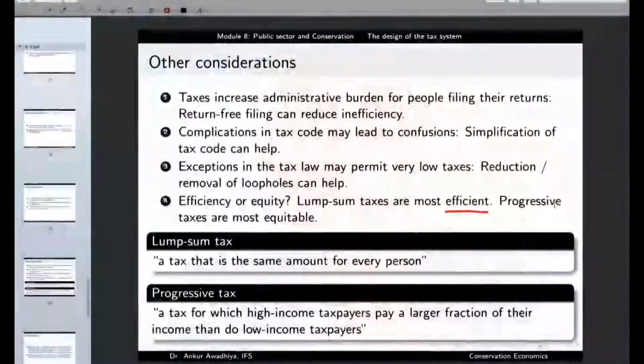Now, a progressive tax is very equitable because it shares the burden in such a manner that people do not feel a very large amount of pinch. In the lump sum tax, the poor people or the old people would be feeling a very great amount of pinch because they have to pay the tax at the same rate as the other people are paying. But in the case of a progressive tax, it is much more equitable. So, this is another consideration that the government has to keep in mind, whether it wants to go for a lump sum tax or a progressive tax, because here again we have pros and cons of each of them.